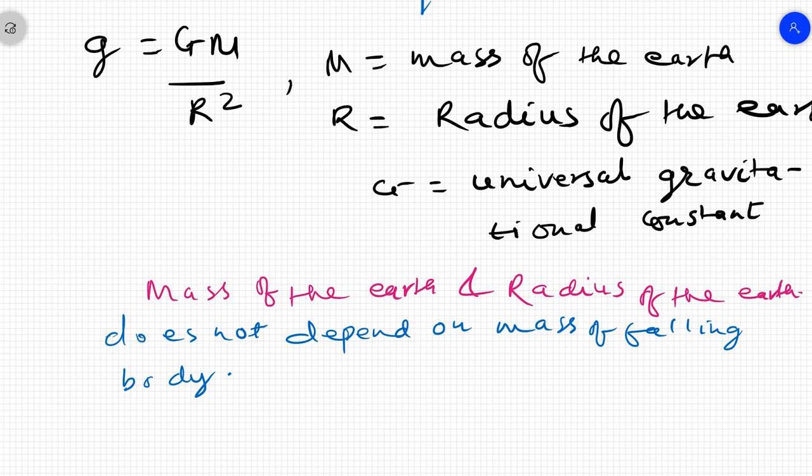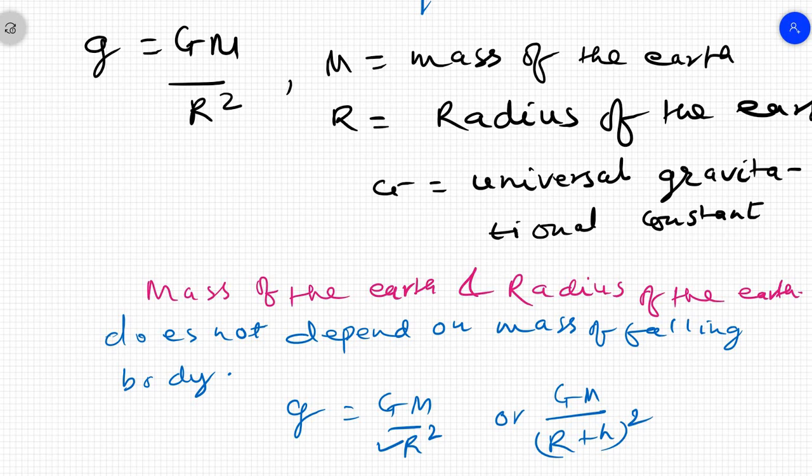So look here, we have derived the formula g is equal to GM by r square. For an object which is on the surface, you can use r. If the object is at a certain height, you can modify the formula to GM by (r plus h) square, or simply say d square, and this d means the distance from the center. Up to the surface you will have radius, above the surface you will have height. By using this formula we can calculate acceleration produced on a falling body.